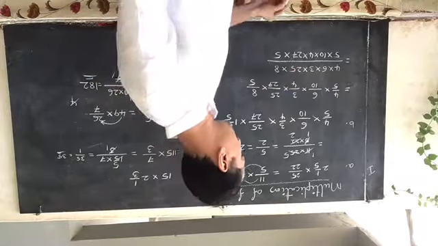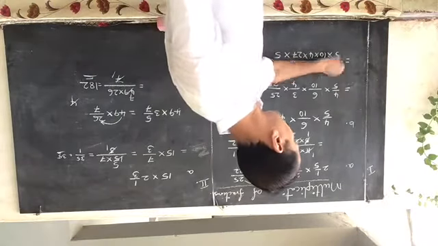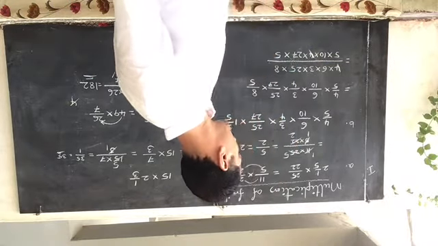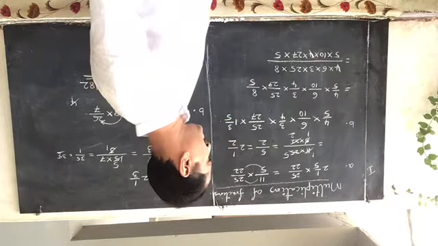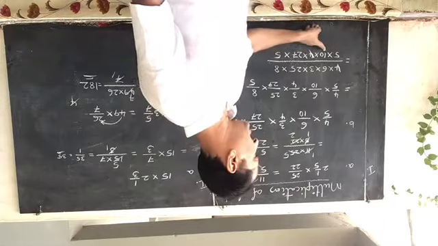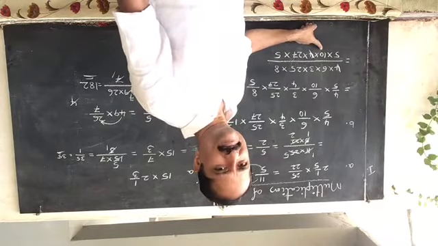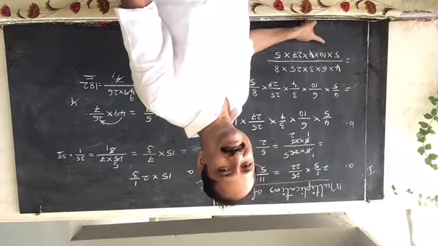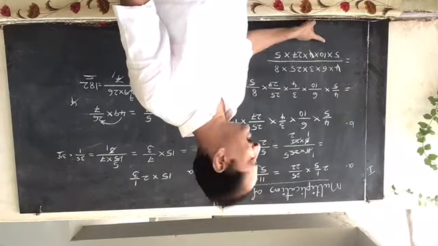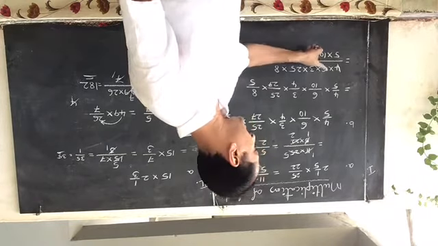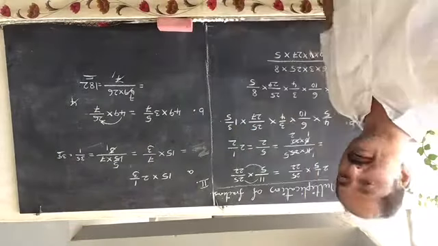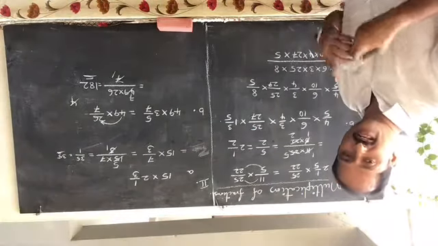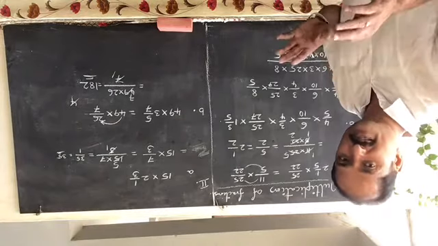So observe carefully. Here 4 1s are 4, 4 1s are 4, 4 is a common factor. Then take 5 10. Can we take out 5 and 10? Both are in the denominator, so we cannot take like this. This can be taken only between a numerator and a denominator, so we have to check numerator against denominator. Not only in denominators, not only in numerators, we should not take out.